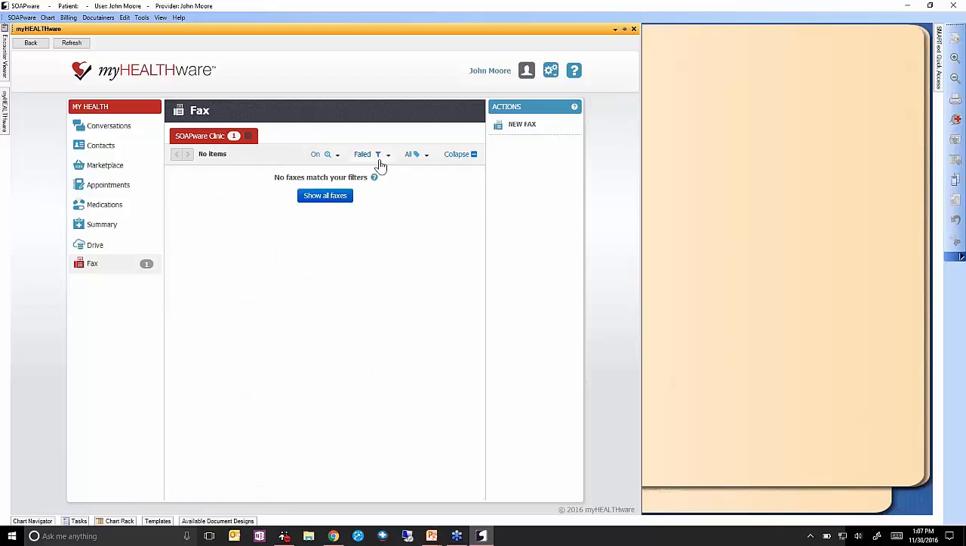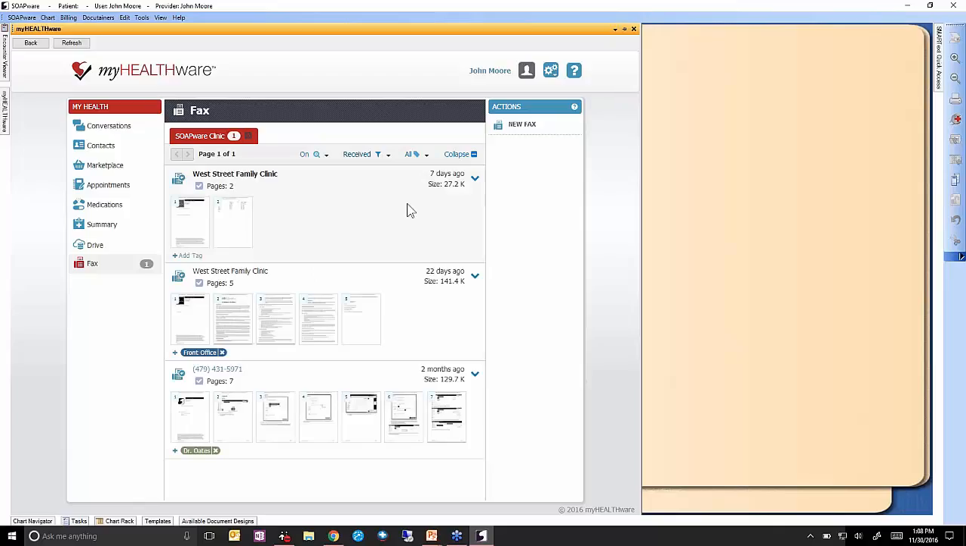And then you can also view failed faxes. So if you have a fax that you were attempting to send that failed for any reason, it will be flagged as failed, and you can view those here with the failed filter. Now we're going to go back to our received filter so we can see all of those incoming faxes coming